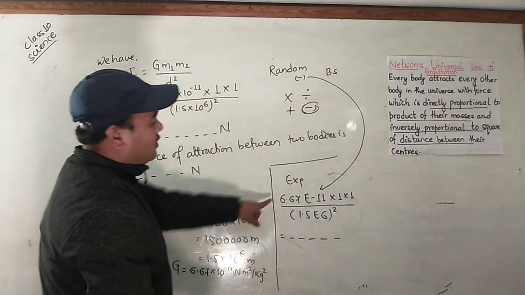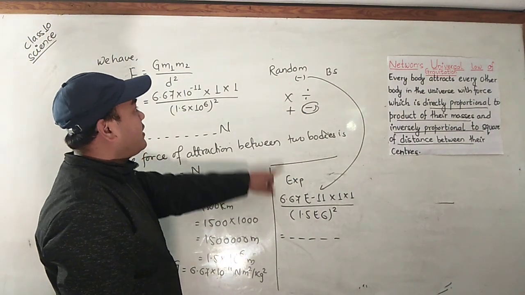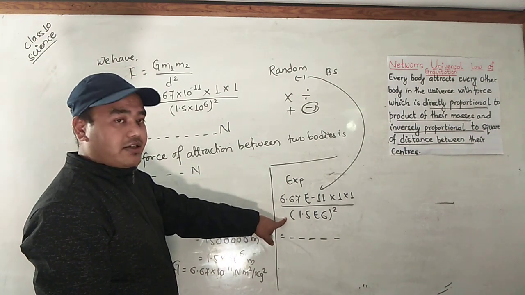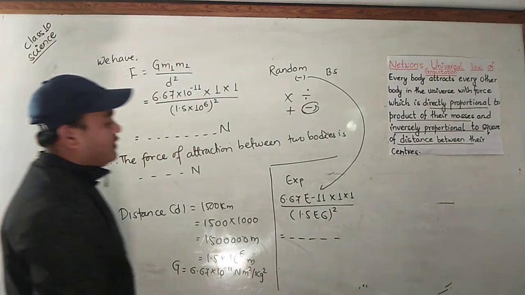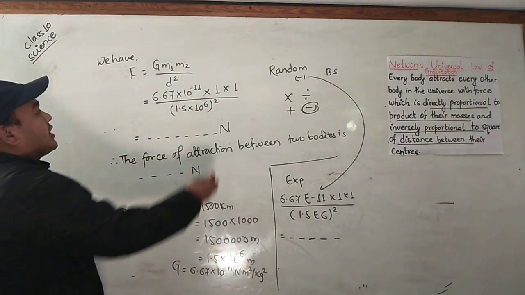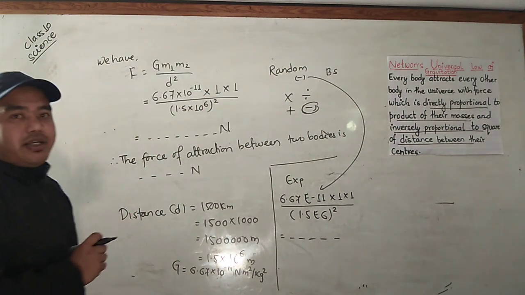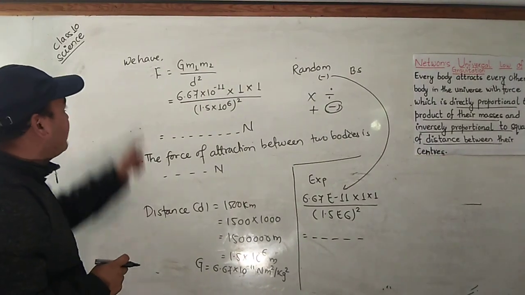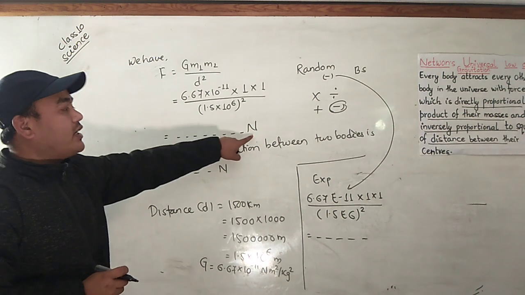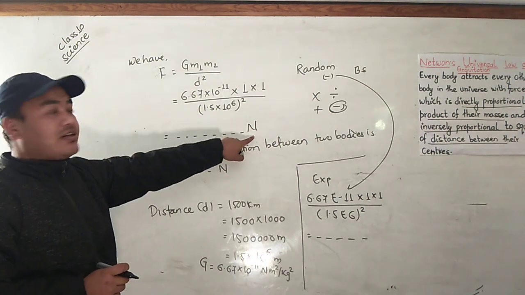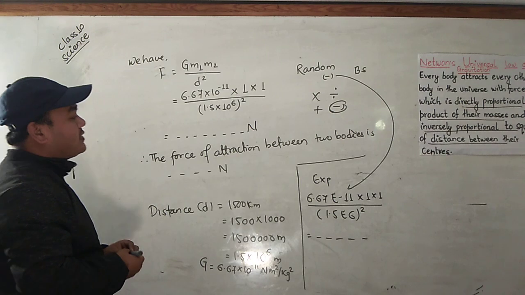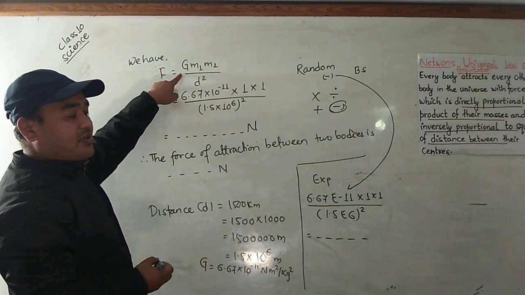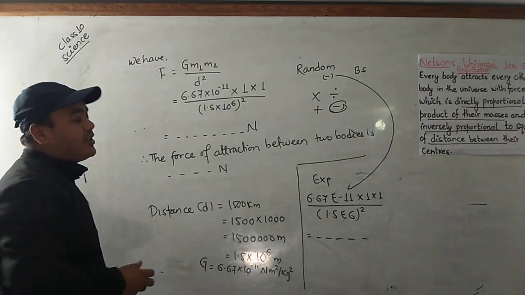Okay, I am just giving a simple idea for using the calculator. I think you know better than me. You can use the scientific calculator properly. But while solving the numerical, don't write units. It will be inconvenient. Finally, write the unit of that numerical, what we are asked. If you are asked force, then write the unit Newton. If you are asked distance, then meter. If you are asked mass, then write kg. Or sometimes we are asked for capital G also, at that time write its proper unit.